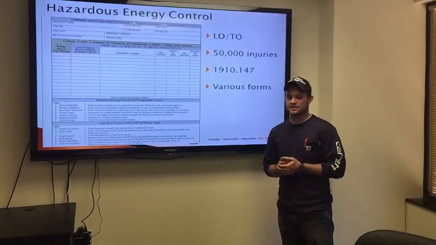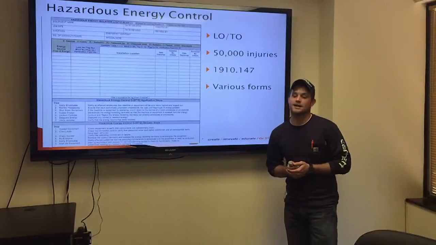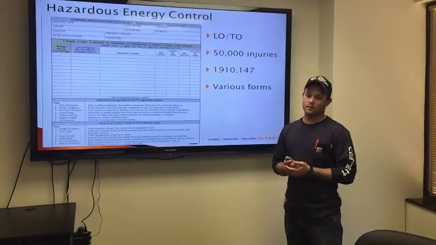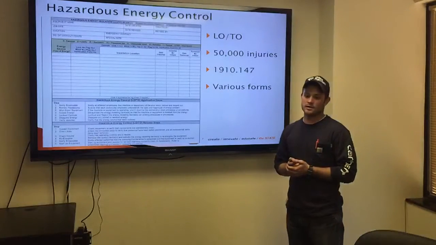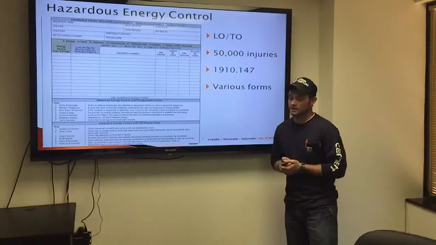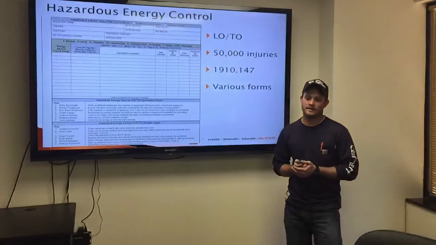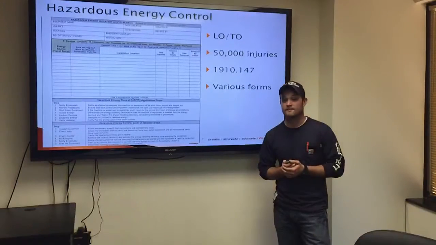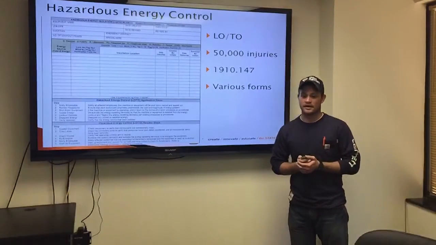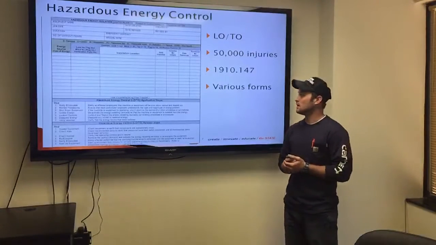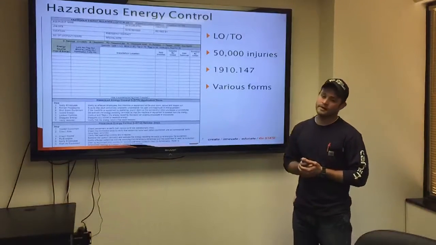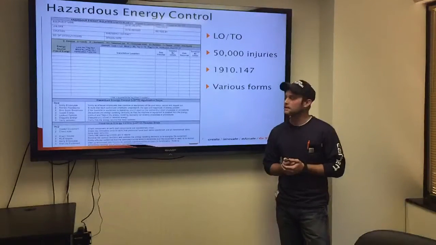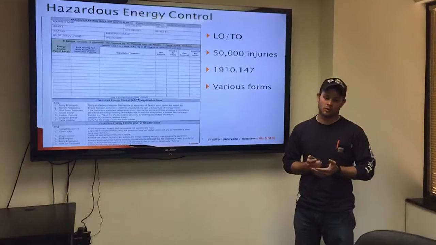And now we got hazardous energy control. I could make my entire presentation about this, so I'm going to make it as brief as possible. So it's commonly referred to as lockout tagout. In 2013, OSHA found that proper procedures could save 121 lives and prevent 50,000 injuries per year with proper procedures. Their standard on this is going to be 1910.147, the control of hazardous energy. It requires a lockout tagout program,